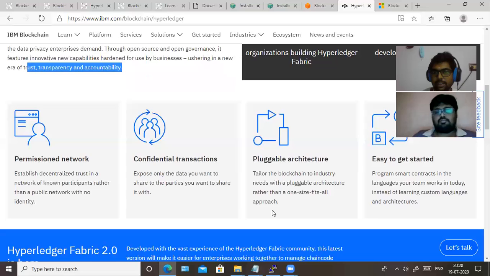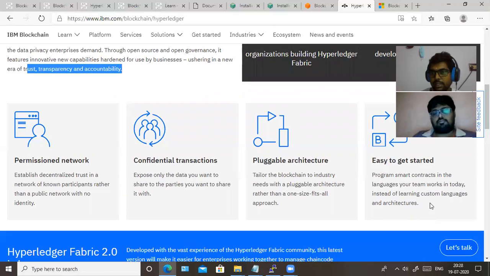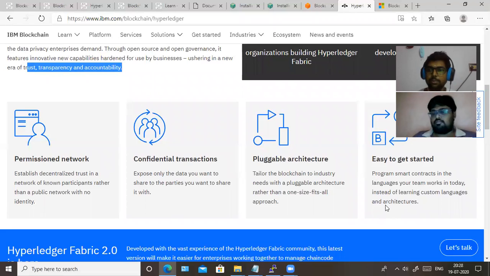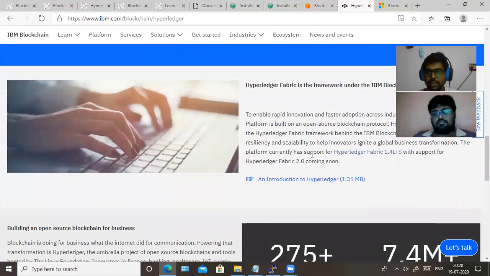We have a pluggable architecture. It uses the PBFT protocol, a pluggable Byzantine fault tolerant protocol, and it is easy to get started because this framework is more customizable. We can customize the framework with different languages and architectures,